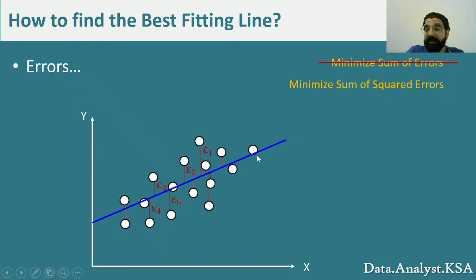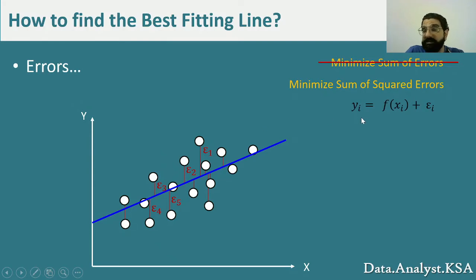Because think about it, if my observations are very close to the line, once I square them, they will be even sometimes closer if it's less than 1, or they will be within a shorter distance of the line from a point that was far, and by squaring that distance, whether it was on the negative side or the positive side, it will become even further. So we're trying to minimize a sum of squared errors function.